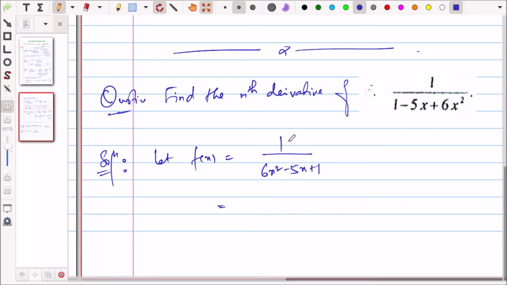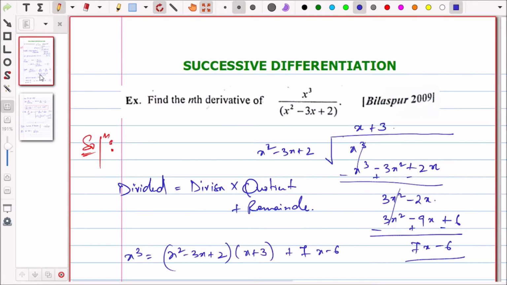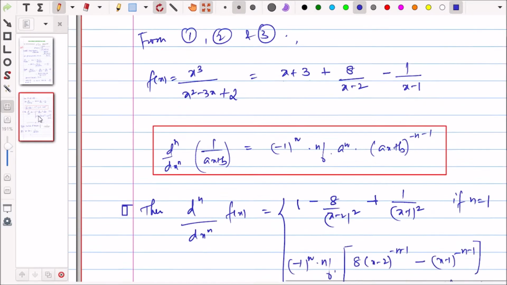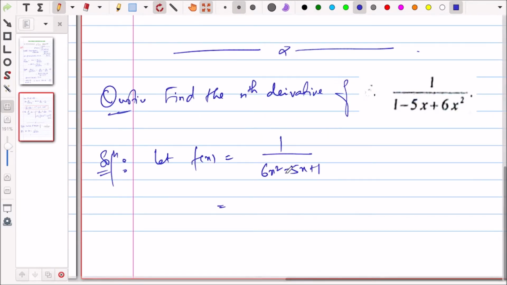So already the degree of numerator is smaller than denominator. So we don't have to do the derivative dividing part, right? We don't have to do this part. So we already have this in this form. So we will just go for partial fraction. So first we will decompose the denominator. So what will be the decomposition of the denominator?